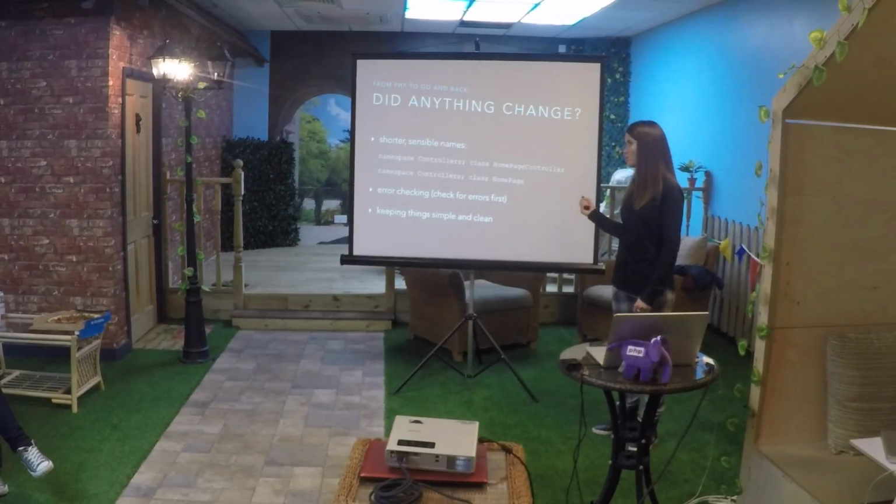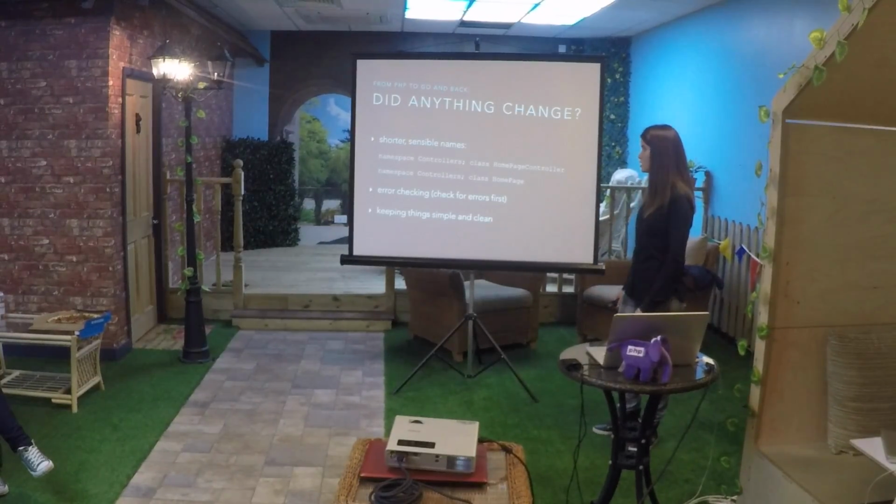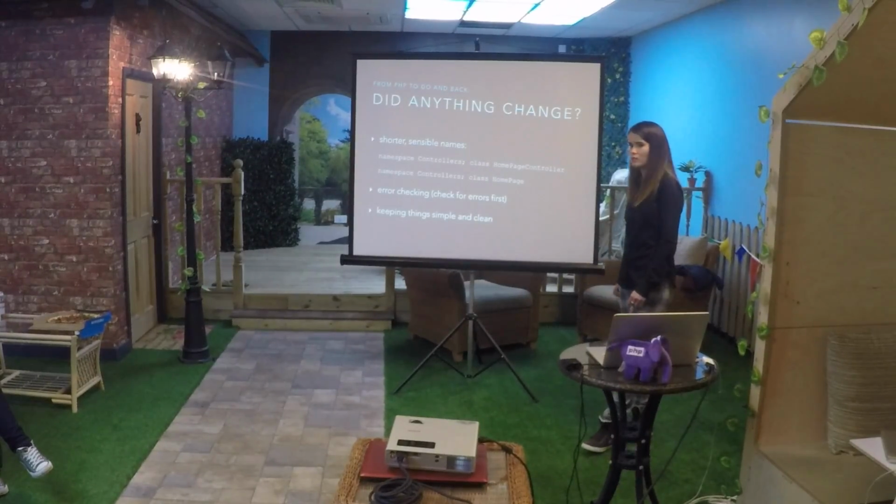Error checking as well. With Go, the idiomatic way is to always check for the error first, because you can have multiple return values. If one of them is an error, you always check for that first. If there is an error returned, you discard everything else and deal with the error, which I think is a really good strategy to deal with errors in general. So I try to do that in PHP now, working around the whole multiple return values thing. But generally, failing faster is, I think, a better approach.